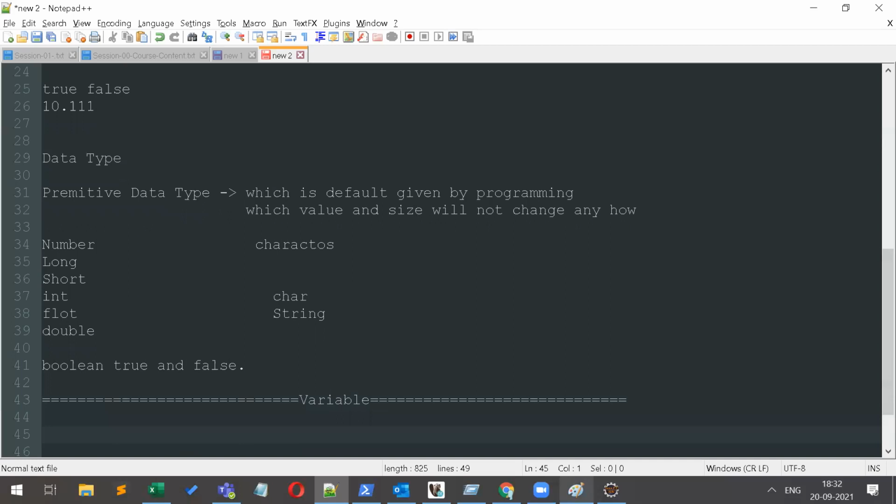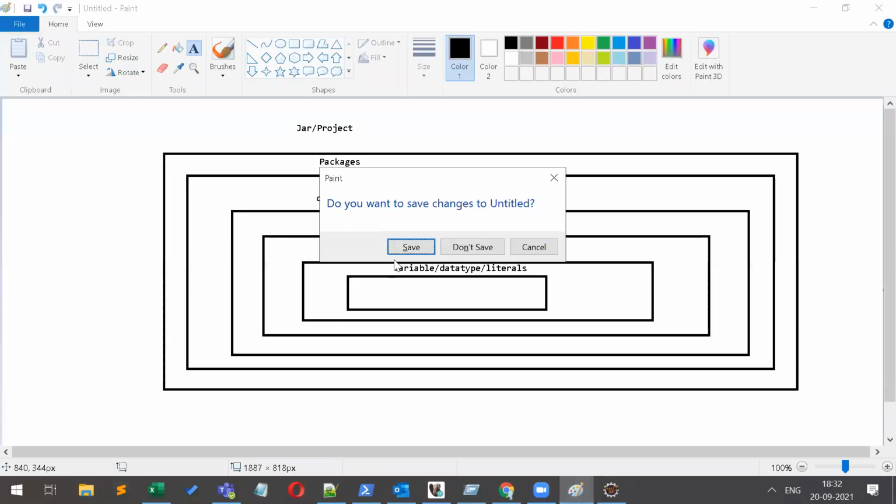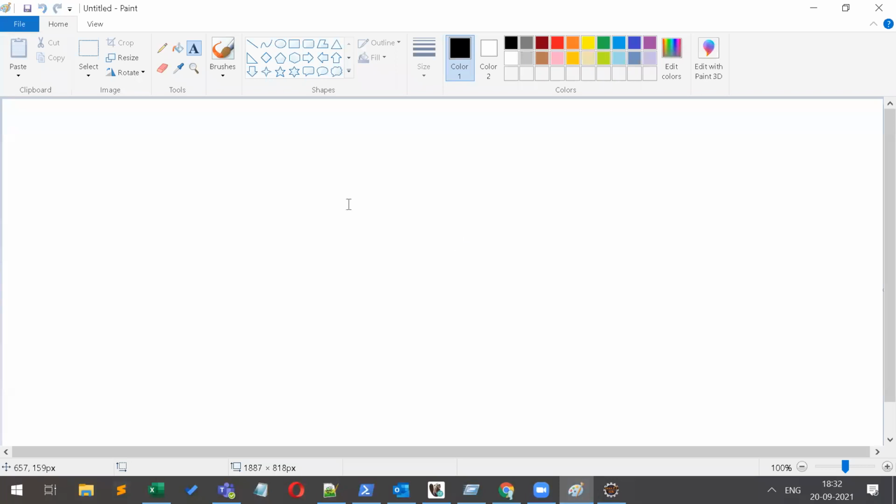What is a variable? We store the data. Where do we store the data? In our bag, bottle, or cupboard. Where can we store the data? Are we storing data into the cupboard? Yes, sir. Are we storing the data into a cupboard or bucket? We are storing data in variables. Yes, correct. We store the data into the variables. So, what is a variable?